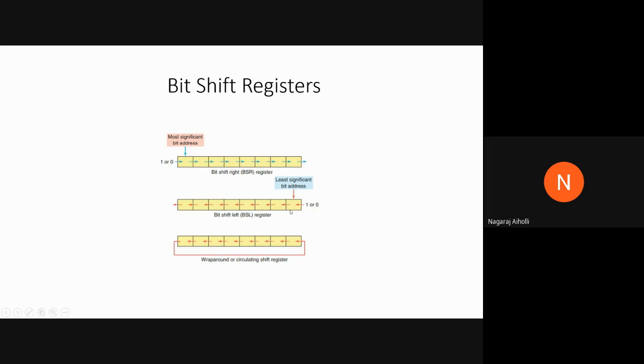Then this bit which is there in this position will be moved to the next left position. This bit which is already there here will be moved to the next position, like this. And the last bit will be moved out of the BSL register. And wrap up or